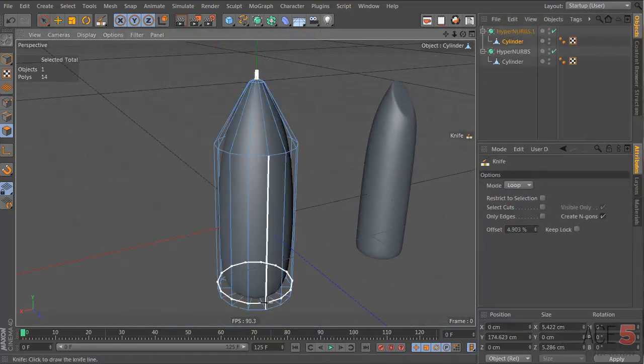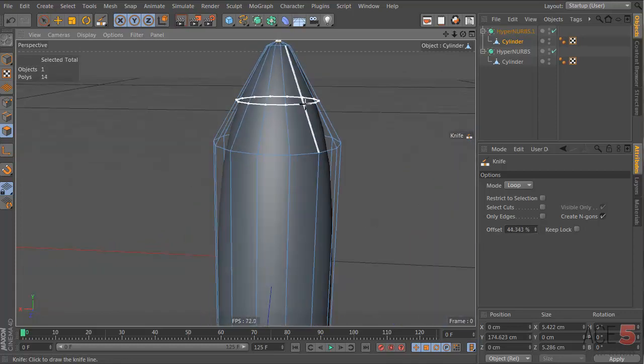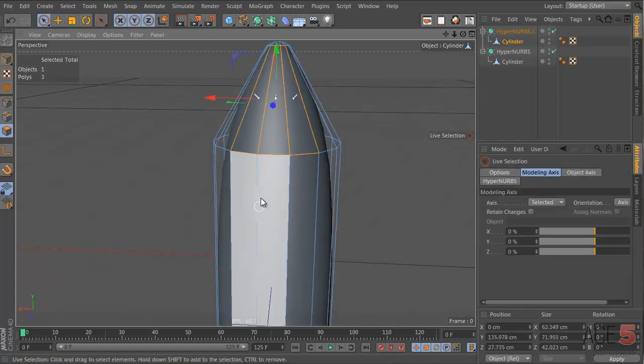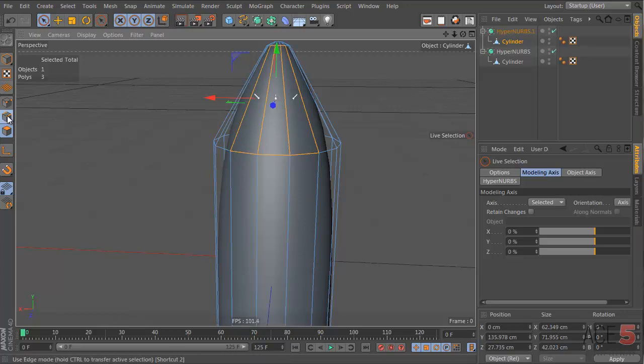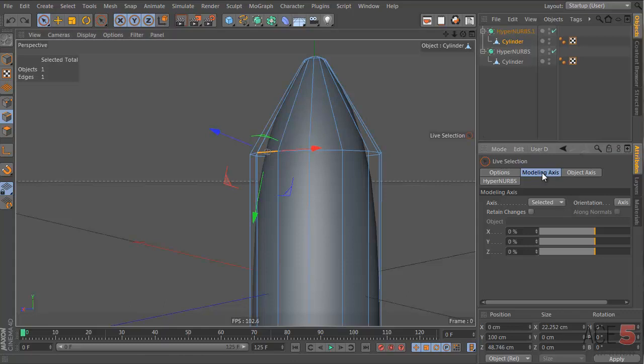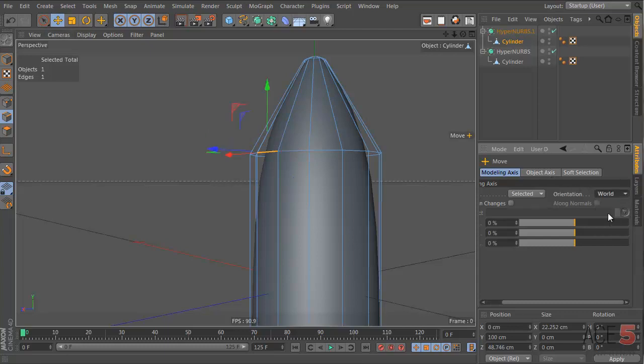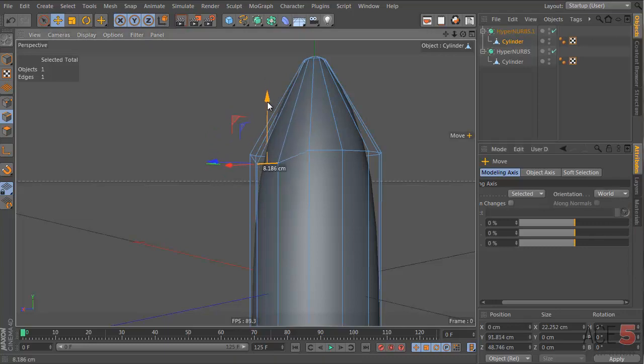Press the K tool here with a knife, and what we're going to do now is we're going to select these 3 faces. We're going to go to the edge tool, and we're going to move this edge down. We're going to change right now. See, if you move it down, it'll pull it out, which isn't quite what we want. We want it to just slide down. So what we do is we go W for the move tool, and you'll see here now I can change the orientation from axis to world, and now I can just move it down